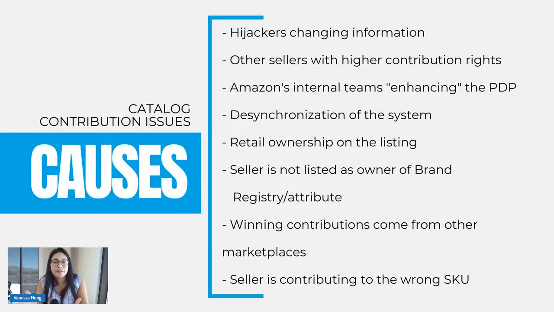So first thing we have is hijackers changing information. That's probably the one that most sellers will refer to automatically. If they see a discrepancy in the catalog, everybody thinks that they are being hijacked. Probably that's not true. The fact that your competition is changing your information has very little probability of happening, compared to some discrepancies in the catalog or a contribution from an internal team. So other sellers with higher